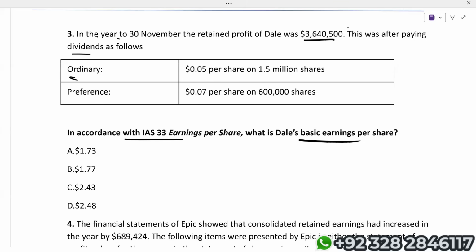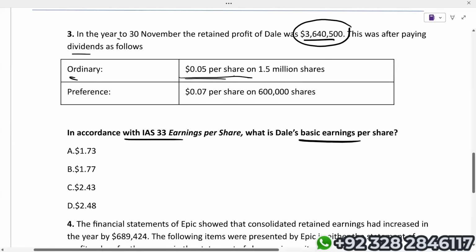This retained profit is fit as retained profit, but it is not acceptable for calculating EPS. We have to add back ordinary dividend only. They have deducted the preference as well, which is perfectly fine. But deducting ordinary dividend is not fine at all. So we have to add back